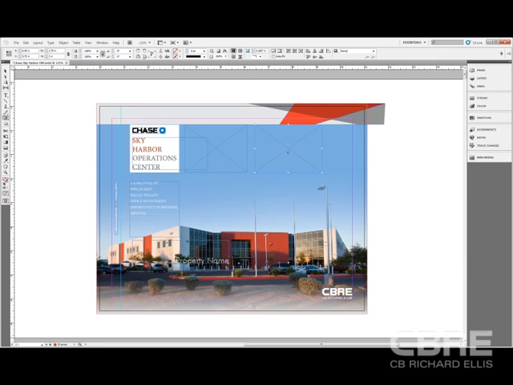For this movie, I've removed the two images from the front page of our Sky Harbor Operations Offering Memorandum, and I'm going to be placing some images and talking about fitting. If you've been following along in the previous movies of this chapter, then you've probably seen me using the fitting contextual menu quite a bit, but I want to dive a little bit deeper into it so that you have a better understanding of how to work with these images as far as sizing and resizing them within our